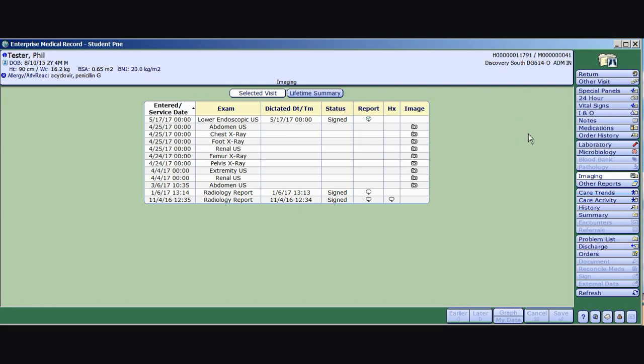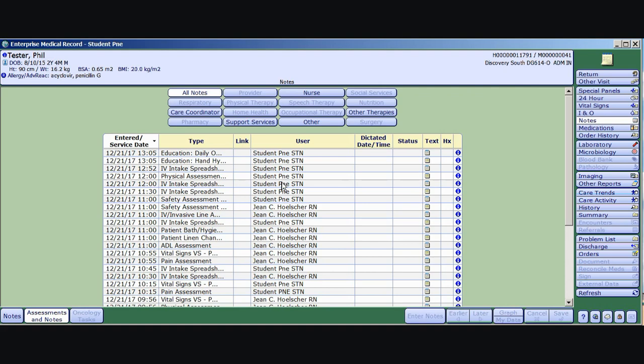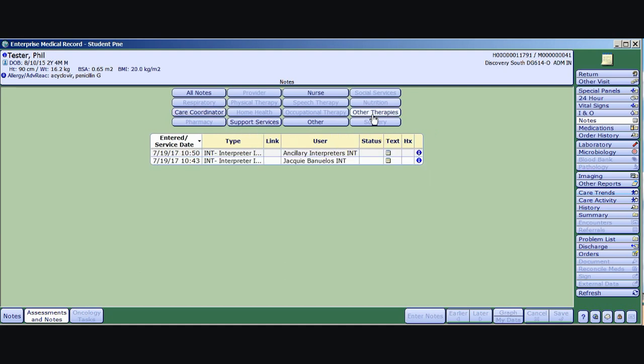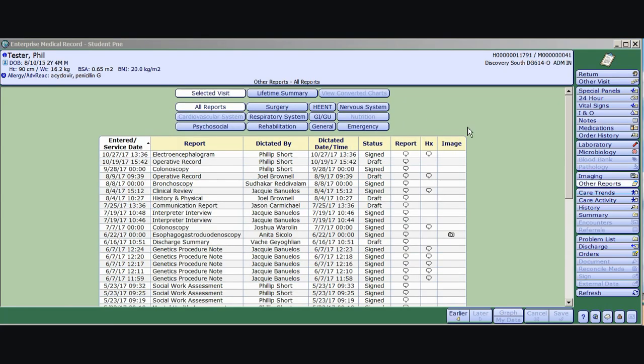Okay, we had skipped some as we went through here, so let's go back up to notes. Here's where if you want to sort by care coordinator, that'll let you bring up case manager. That's what CM is. Other therapies, interpreters, you might see social services, nutrition. Here's our education. Moving down to other reports from notes, you see here these are more procedural, progress notes, consultations,